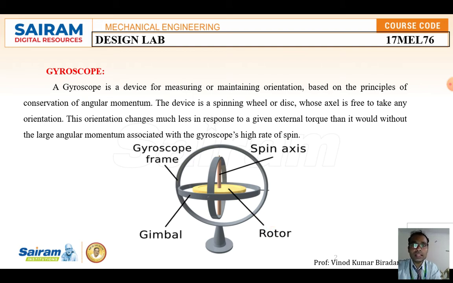Here it consists of three axes: the spin axis, the primary axis and the secondary axis. The spin axis means it rotates around the vertical line. The primary axis rotates the whole gyroscope in the plane. The secondary axis rotates the gyroscope up and over, changing the gyroscope momentum. These are the three different axes of the gyroscope: primary axis, spin axis and secondary axis.